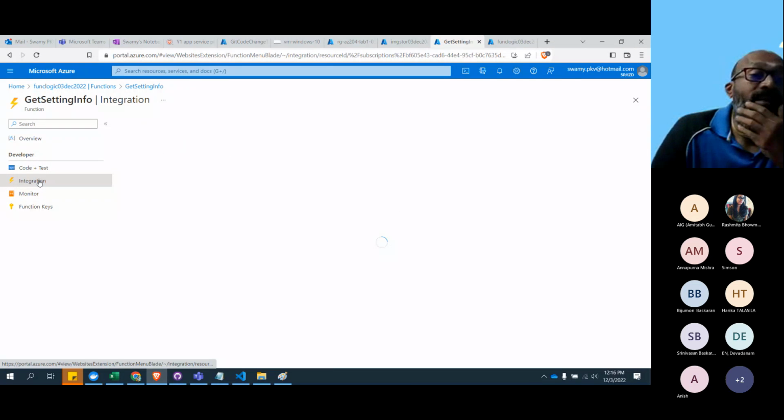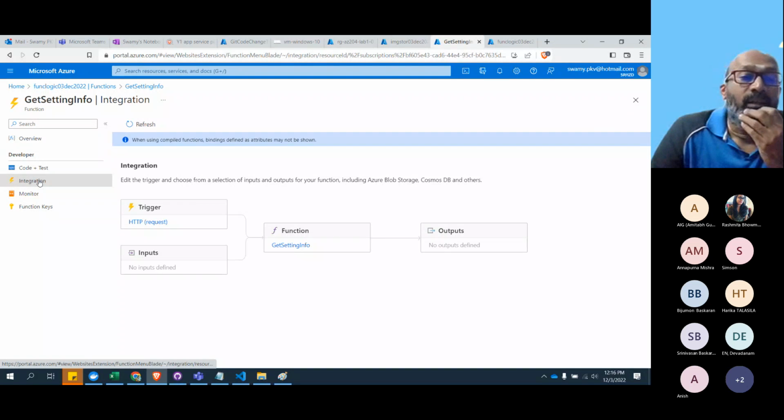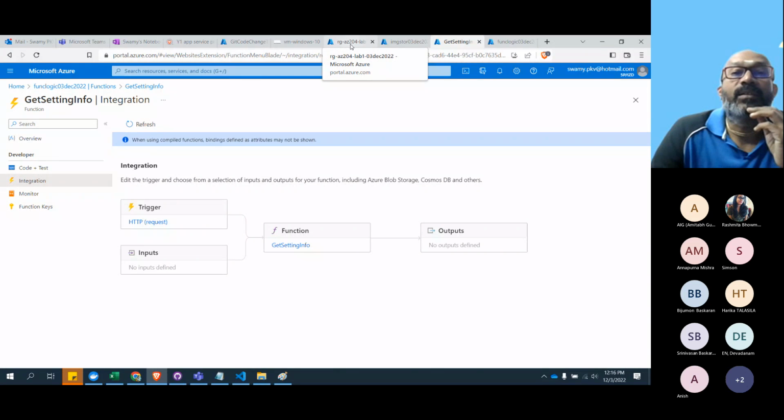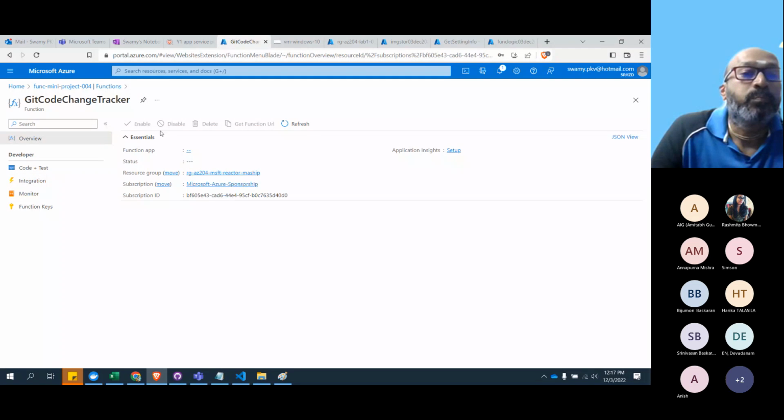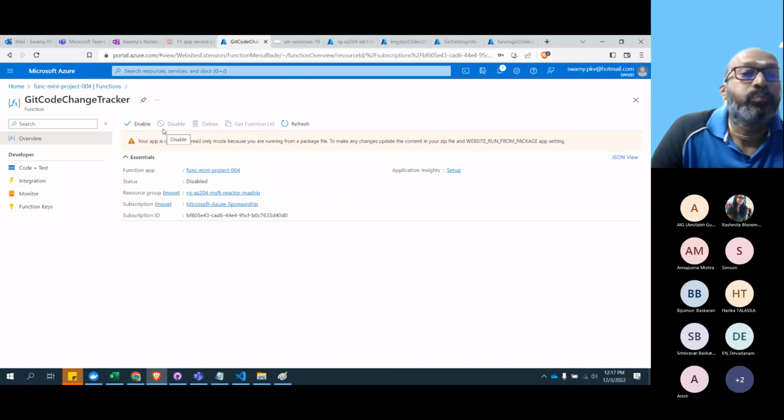And when you come and see the integration piece, this is where you see the difference. I will show you in the previous lab. Let me come back here. Let me enable this.